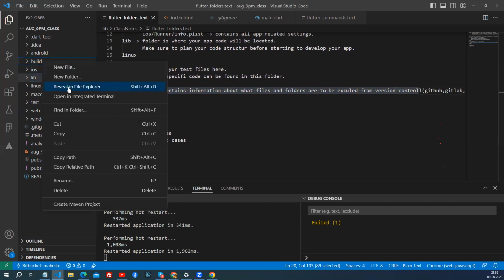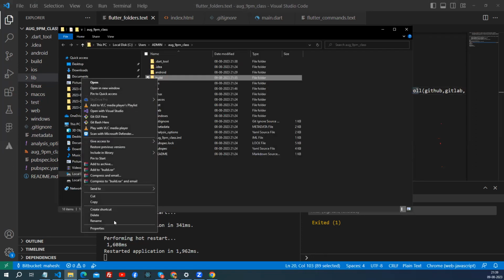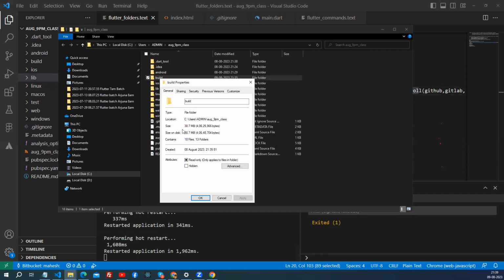If you open the build folder in the file explorer, maybe you can see here. Go to the properties. What is the size, Andy? 38 MB. Okay. If you run the iOS project and Android project, this build folder will definitely cross 500 MB. This build folder is not required for other people, right? So here my build folder is related to my system. It's an auto generated file. This same build folder is not required for you because again your system will generate the build